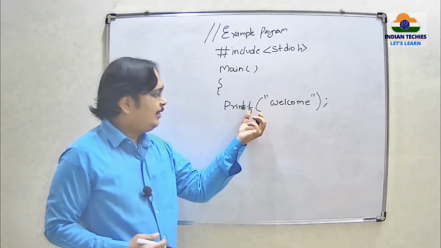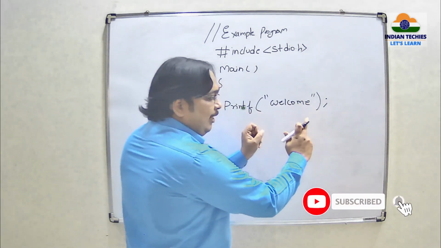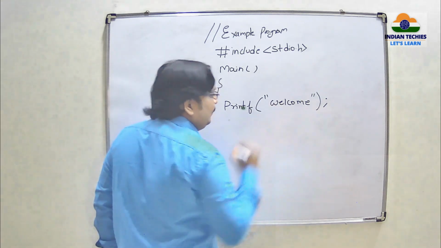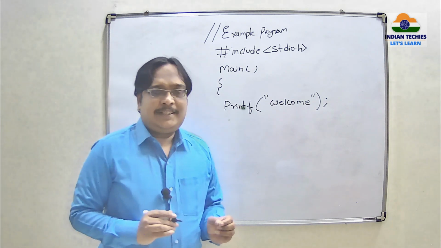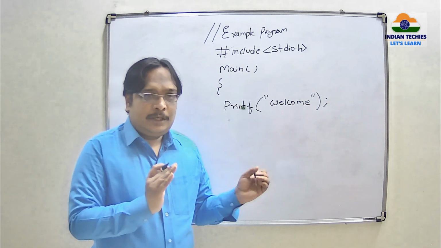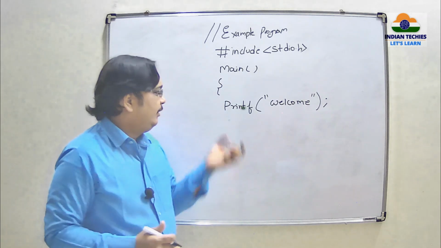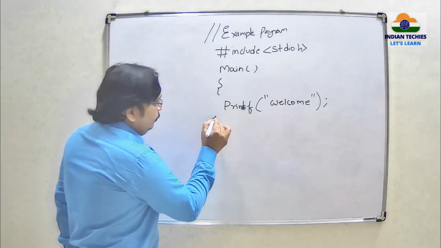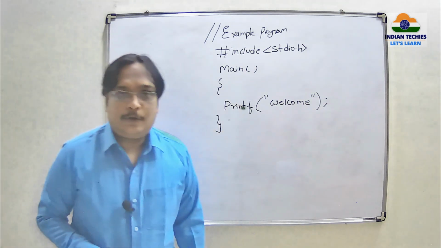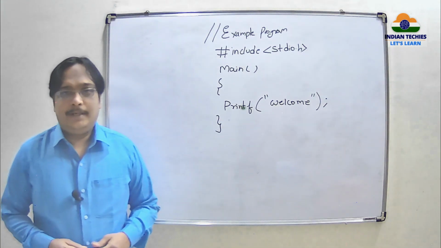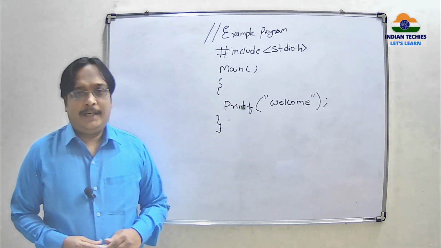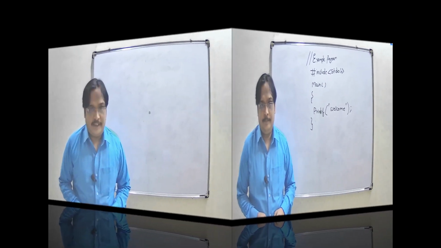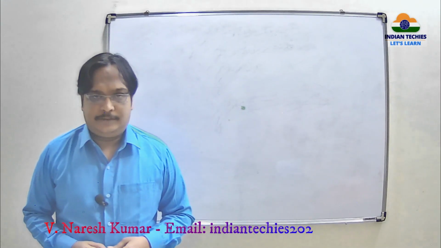Now printf, open parenthesis. Within the double quotes, whatever explanation or printing thing that you want to display on the screen, write that. This double quote states that whatever you write between the double quotes will be printed as it is on the screen in the printf statement. Now my printing is completed. So close the main. This is the simple and basic program which will display a normal text on the screen. We have seen the basic program just now.